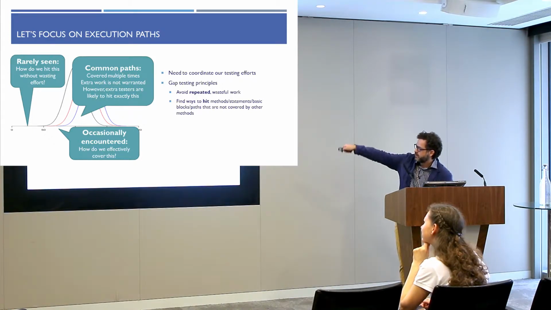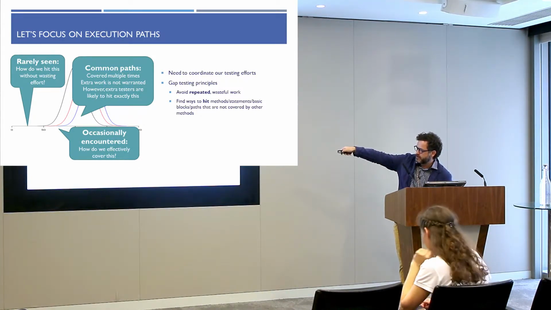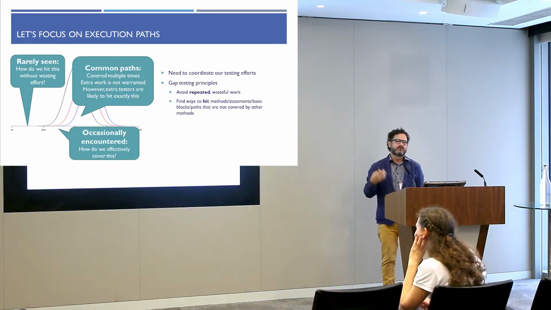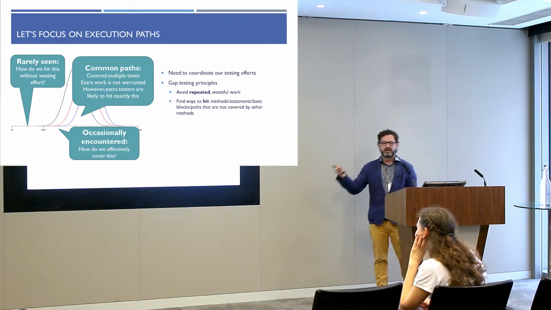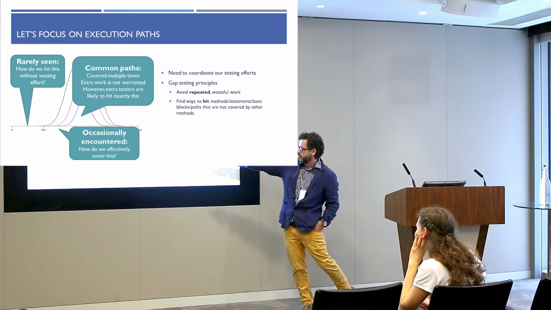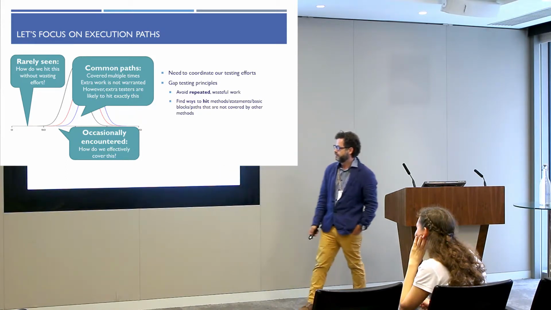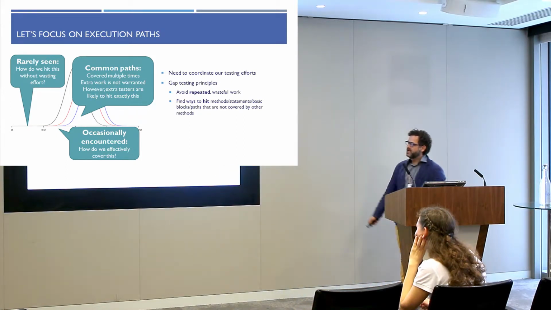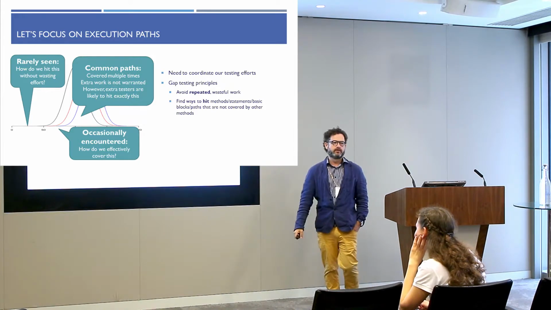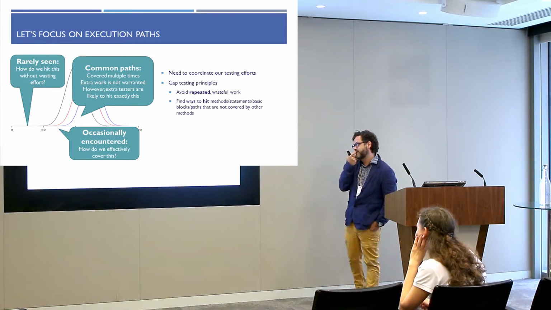So this middle part is really quite boring because I think you'll flush out those bugs, right? So this stuff over here that's encountered occasionally perhaps, we don't even know precisely how to cover that. We don't have a strategy, although sometimes techniques like fuzzing, for example, will get us to something over here. And then when we have something that is seen once in a blue moon, how do we even get there, right? So one of the approaches that I mentioned here is that,